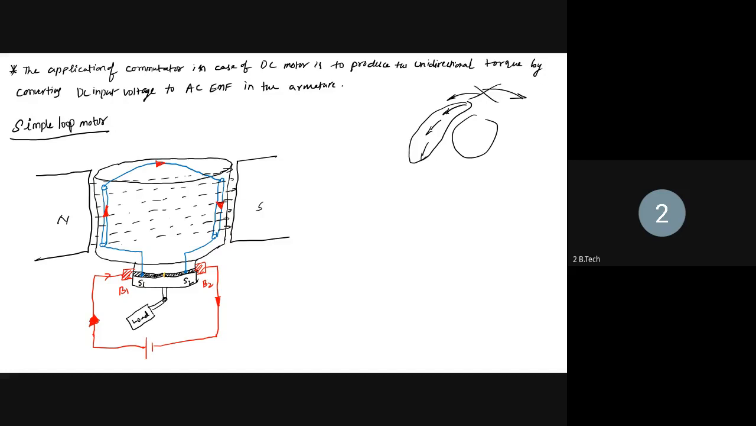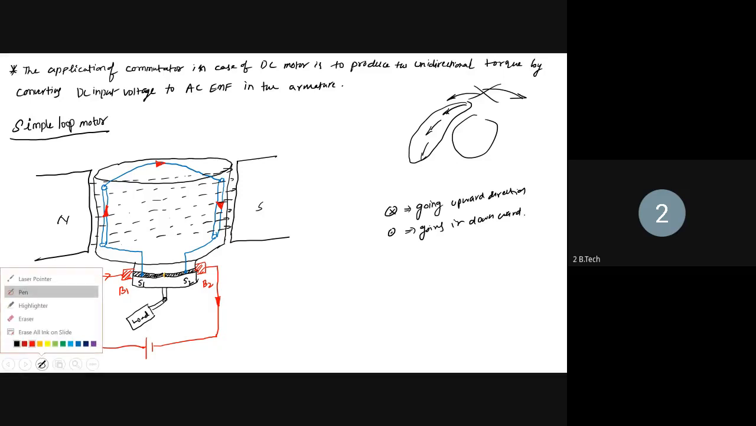Direction of the conductor, which means that we have already taken some directions. Whenever there is a cross current going in the upward direction, and when you are having a dot current that is going in downward direction. Right? So here you have an upward current. Upward current is nothing but a cross current,